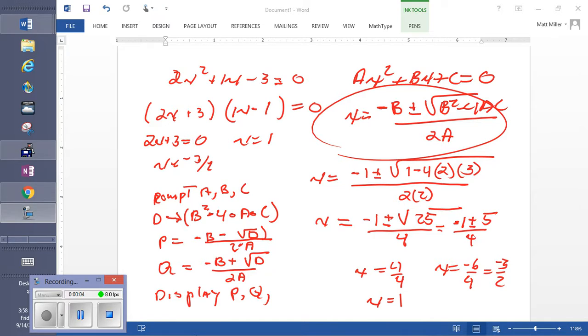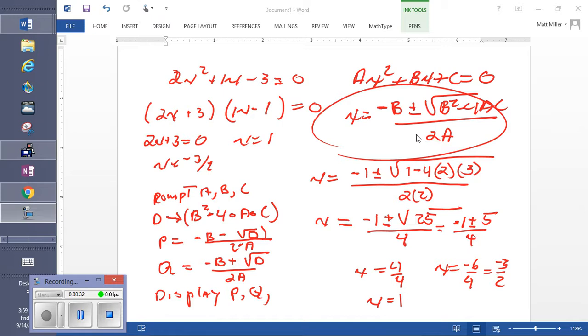Okay, I want to show you guys how to construct a program on your calculator to do the quadratic formula. This is just illustrating, of course, what we already know. A quadratic is of the form ax squared plus bx plus c equals 0. It's a quadratic equation. The quadratic formula is negative b plus or minus the square root of b squared minus 4ac, all over